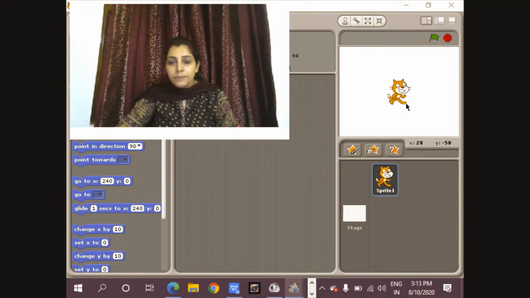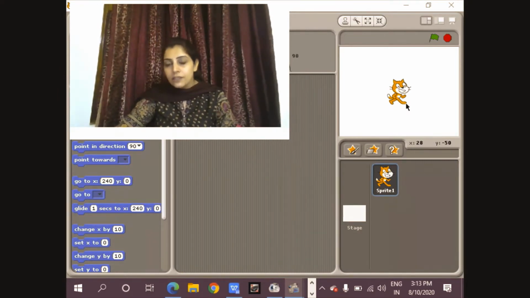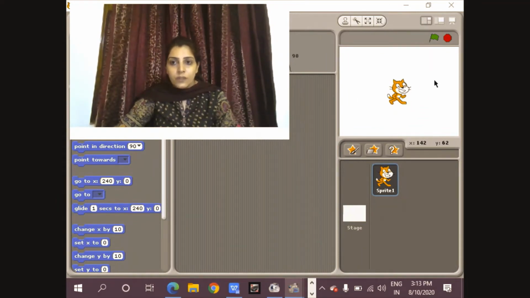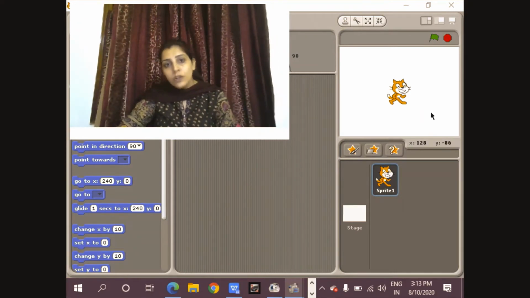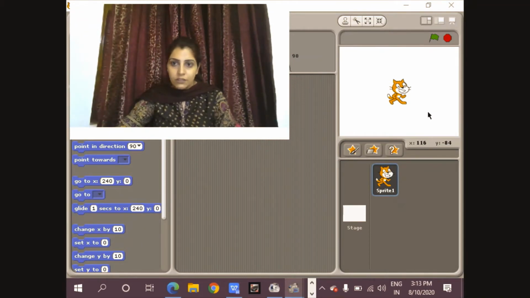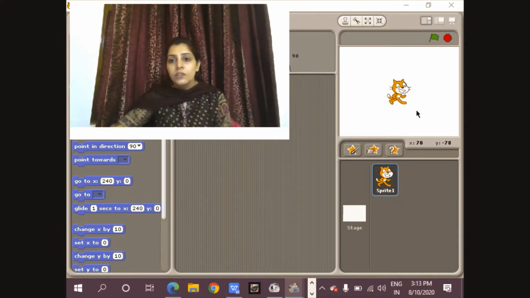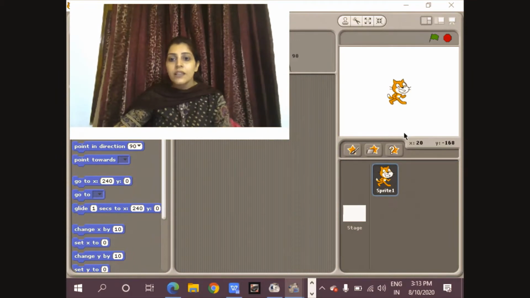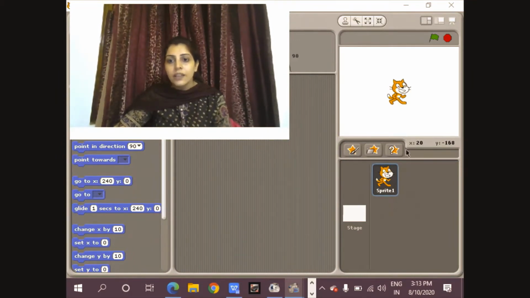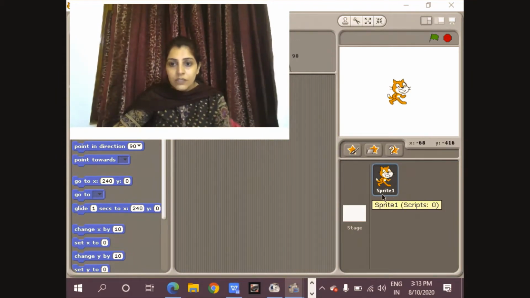You can create any object. By default, the object in Scratch is the cat. Sprite means the object which helps you to perform some action, right? You can perform any kind of action, so I will be discussing it later. By default, the sprite used in Scratch is the cat. You can see here it's named Sprite 1, right?